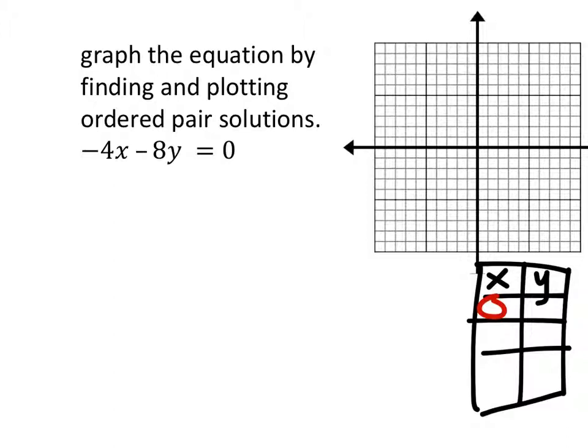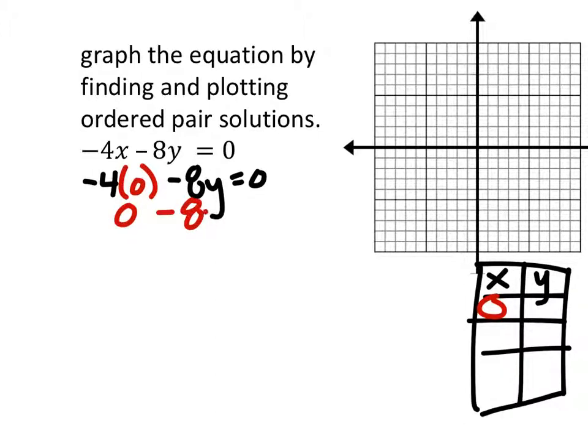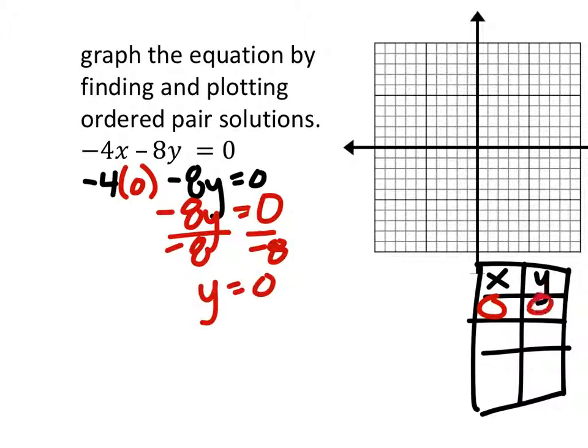If I replace x with 0, well, that's just 0 right there. So I got negative 8y equals 0. And I can make that a phantom 0 again. So by dividing both sides by negative 8, oh, that's supposed to be 0. Get rid of that garbage. 0 divided by negative 8 gives me y equals 0. That's 0, 0. So in this case, and this happens from time to time, the x-intercept is also the y-intercept,